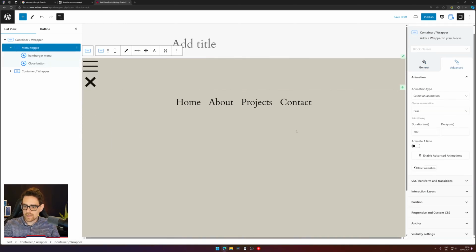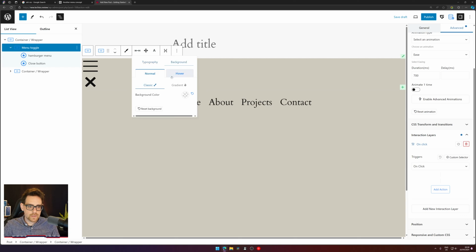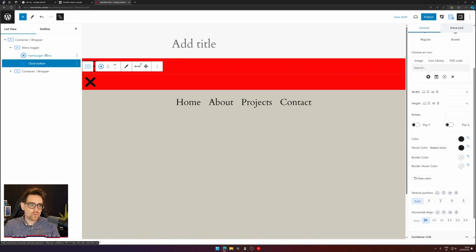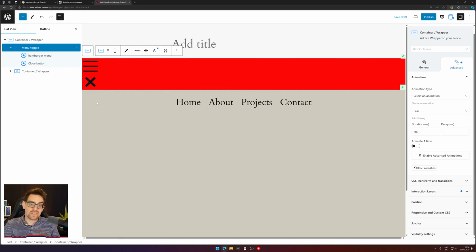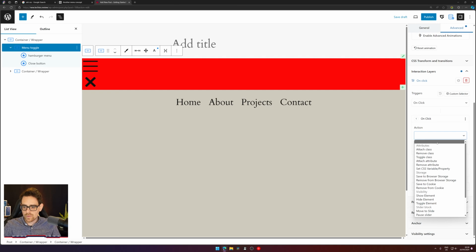And when the menu toggle is pressed, I want to add an interaction layer. So we go to the interaction layers. Now what this does, you can set a kind of trigger. So we want something to happen on click, because when we click this section, and maybe we should make it smaller. Let's make it visible a little bit as well. So when we click the red section, it should switch between one or the other menu item, and it should also change the container. So we can add an interaction layer, add action, and what we want to happen,